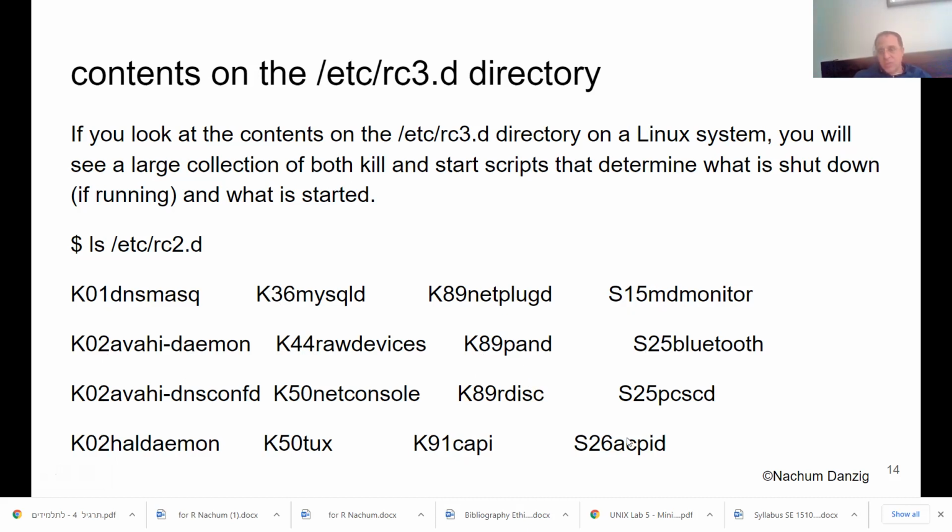15 is the first one that will be started up. And the last one is 26. And what is it? MD monitor, Bluetooth. So